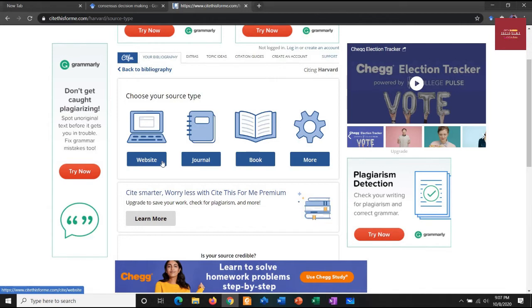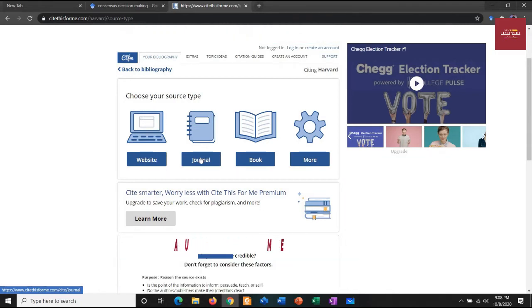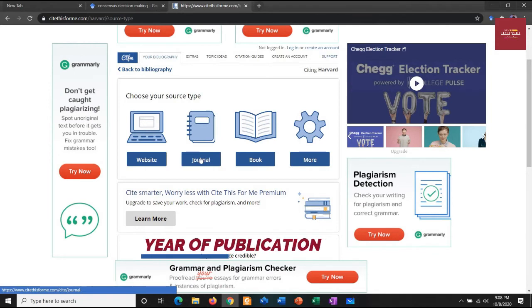So be sure that you know where the source of your writing comes from. If it comes from a website, you need to click on website. If it comes from a journal, you need to click on journal. Based on your source type, the citation technique is going to be different. But here I'm going to tell you 2 things that you must make sure you know. First, make sure that wherever you get the source from, you have at least the name of the writer or the author, and secondly, you know the year it was published. Because when you try to cite using Cite This For Me, the problem that I used to face in my earlier days is there was no year.